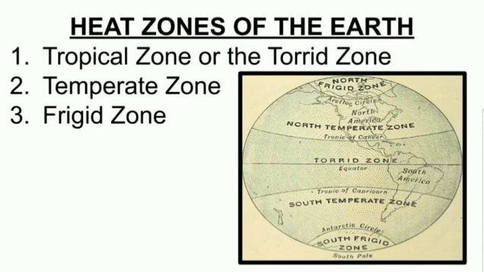In the north, from Arctic Circle 66.5 degree north up to North Pole 90 degree north, that zone is called the frigid zone, because here there is hardly any sunshine, totally slanting, or we can say no sunshine, and that is why this frigid zone always remains covered with ice.